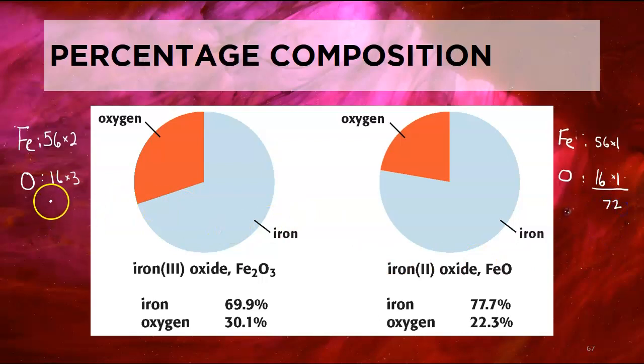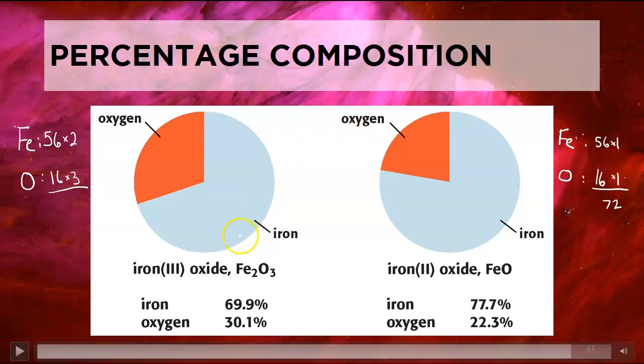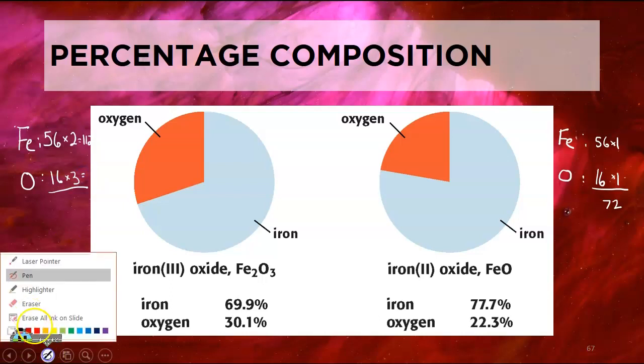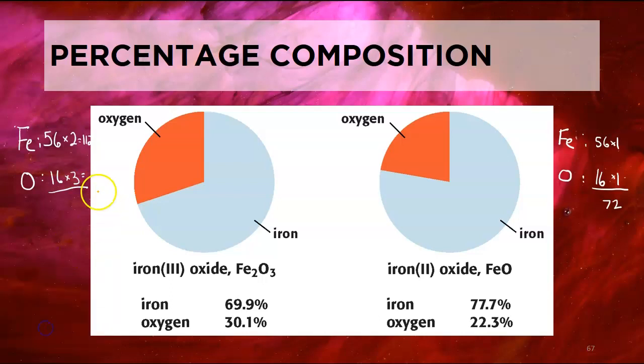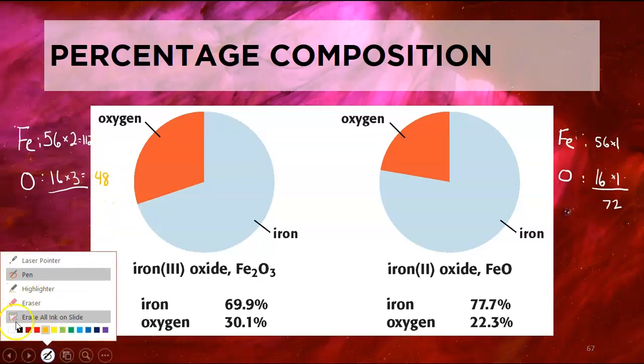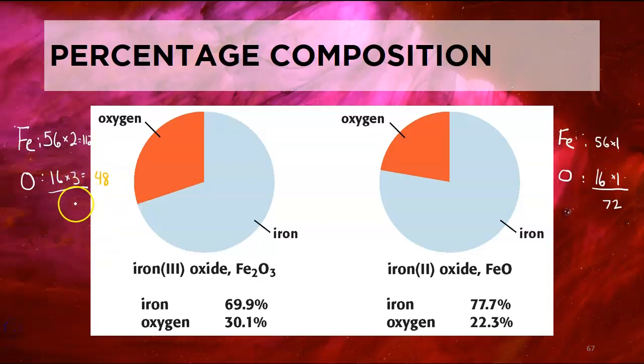The molar mass of Fe2O3 would be 56 times 2, which is 112. And 16 times 3 is 48. So 112 plus 48 gives me 160. So if I take 112 out of 160,